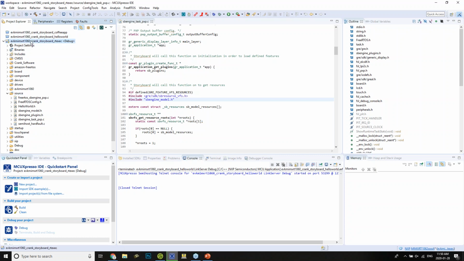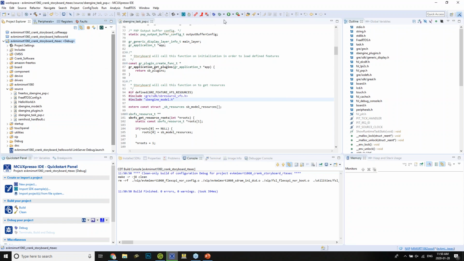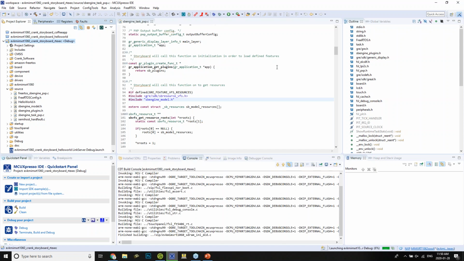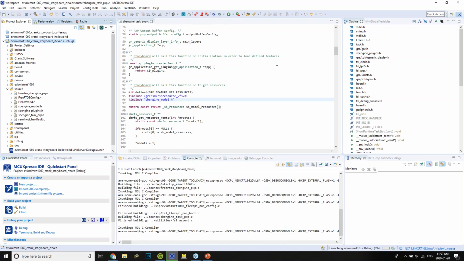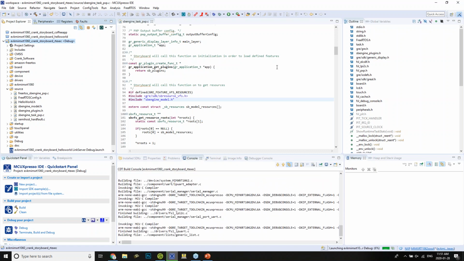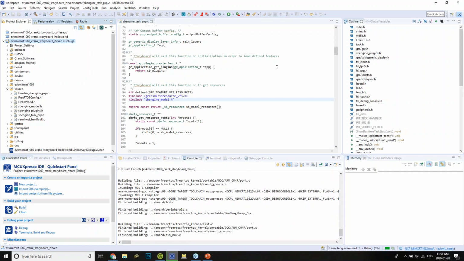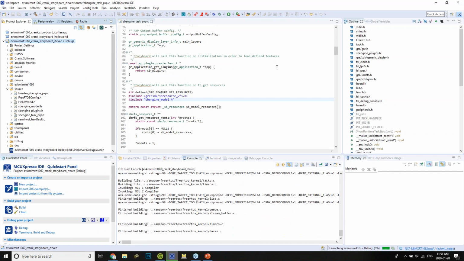From there, we simply do, again, what you saw, a clean, and then the debug in Flash. Debugging will also do the build for us. And this is going to go through, build our project, flash it onto the board, and once it's complete, we can interact with it there. So this will take a moment or two, and while that's happening, I'm going to quickly